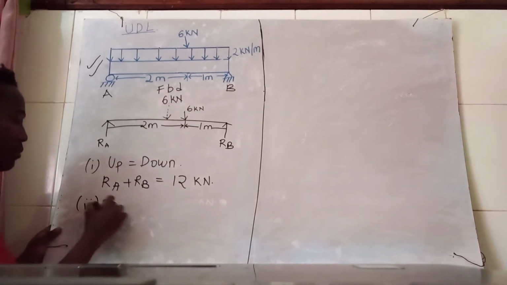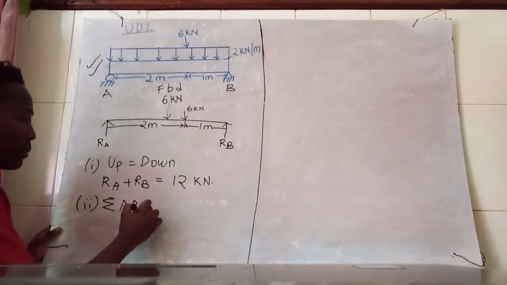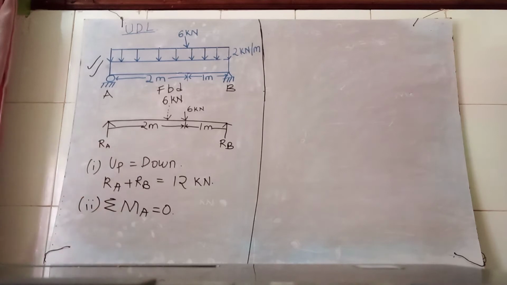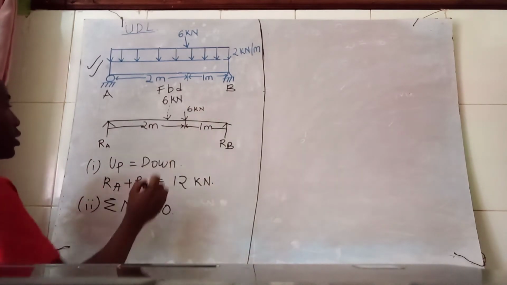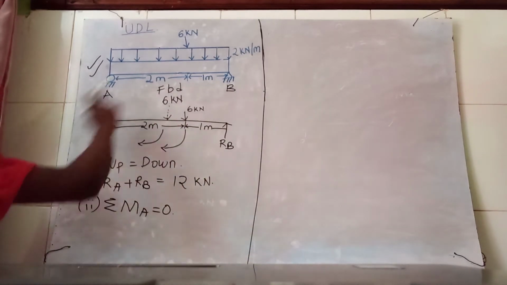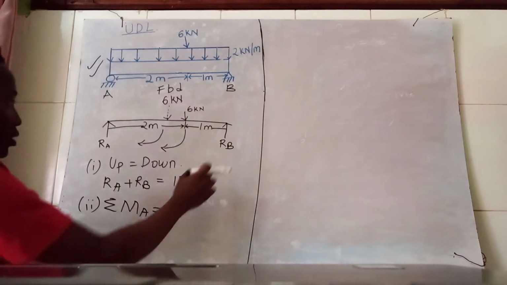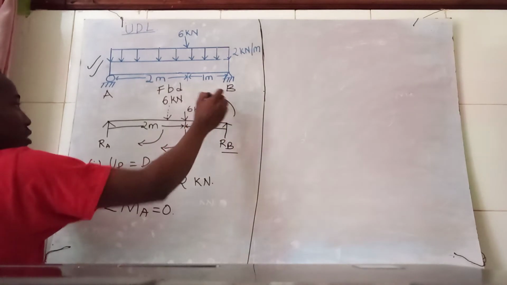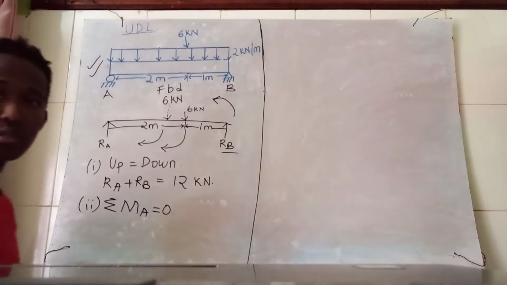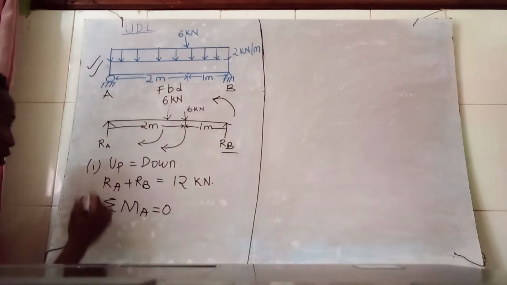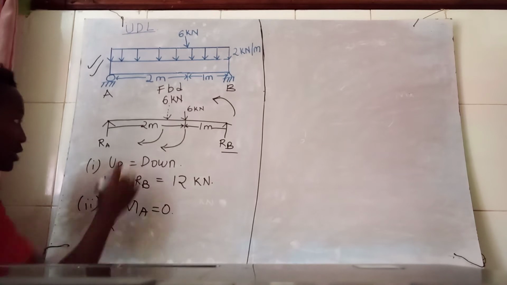Secondly, I'm going to get the moment. The sum of moments about point A is equal to 0. This is my point A. The 6 kilonewtons and the other 6 kilonewtons are acting in the clockwise direction, while the reaction force RB is acting in the opposite direction, anti-clockwise. Clockwise moment is equal to anti-clockwise moment. Therefore, 6 times,